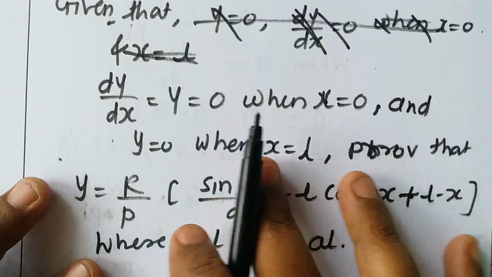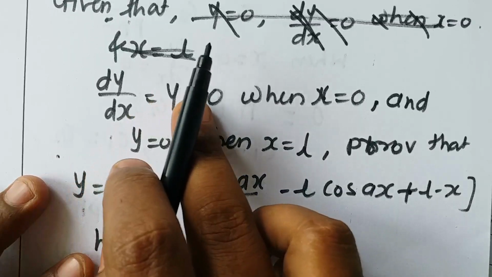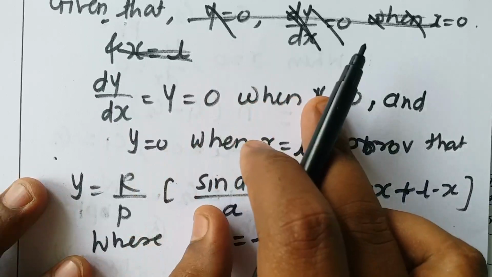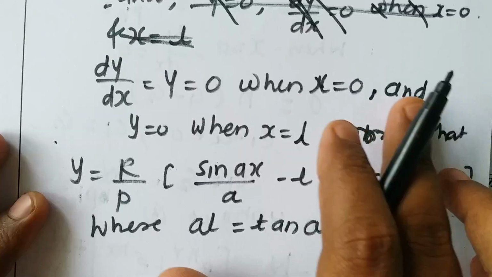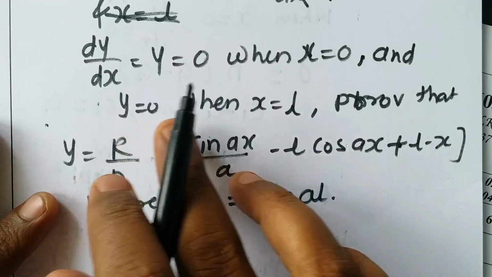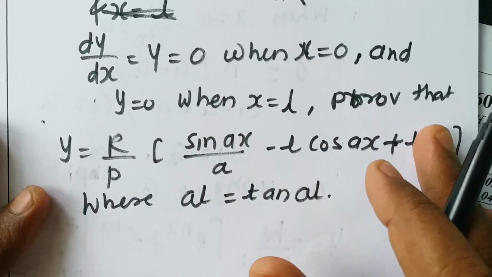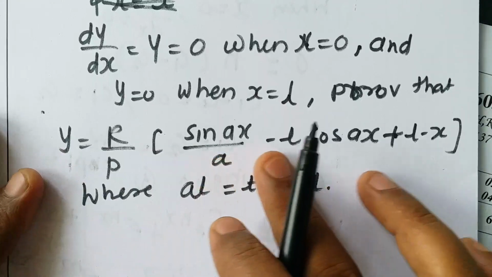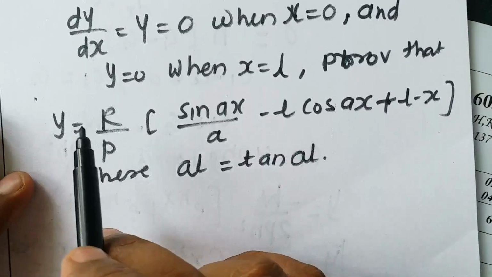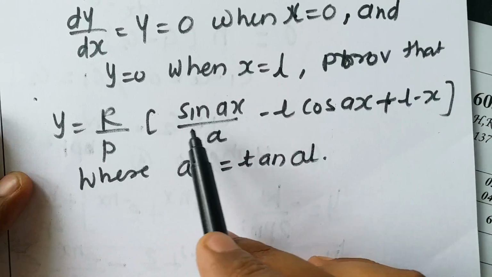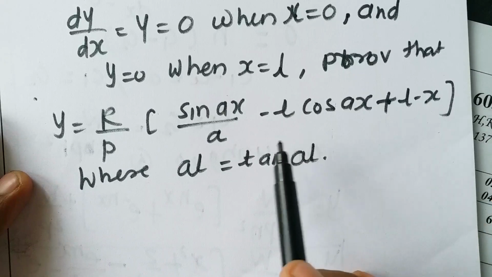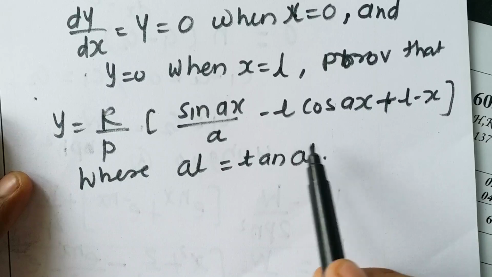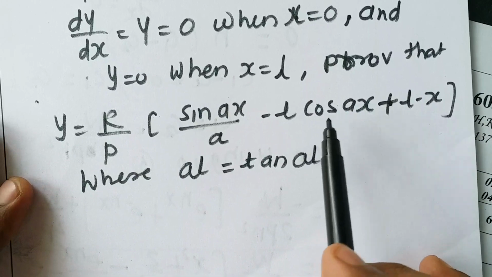Given the boundary conditions dy by dx equal to y equal to 0, both are 0 when x equal to 0. So these two conditions we are going to use for calculating C1 and C2. And another condition is given, y equal to 0 when x is equal to L. Prove that y equal to this. So first you prove y equal to R by P into sin ax by a minus L cos ax plus L minus x, where aL equal to tan L. This aL equal to tan L we are going to prove